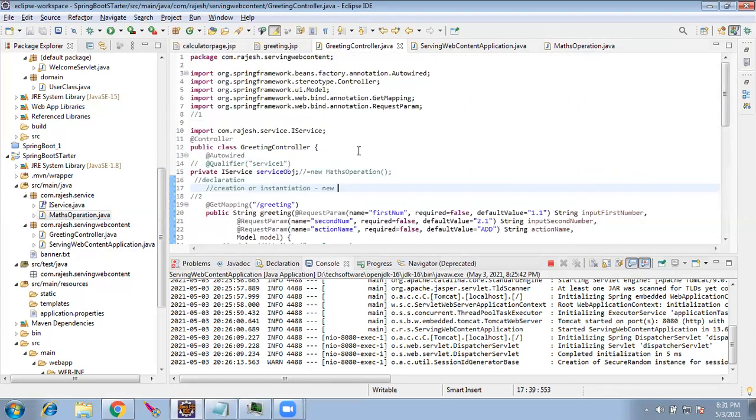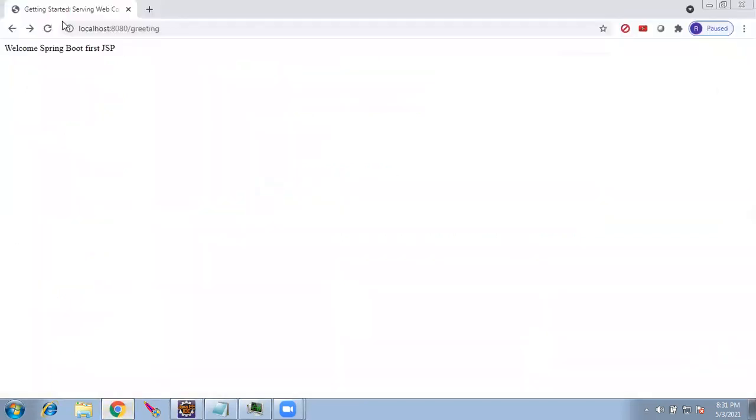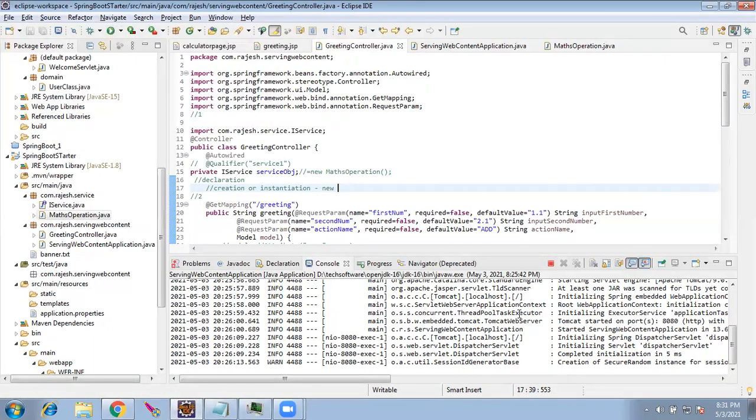This is the rule, or the advantage, or the policy of Spring: decouple. Don't couple class to class. That is one. Second is, don't talk to class, talk to interface. Now we are speaking with interface, correct? We are leaving it to the bean factory to work it out. Now let's see if it is working. It is working. Still we are getting the same output. The page is coming up.